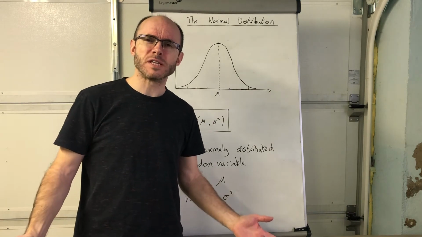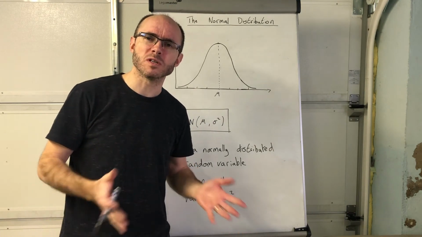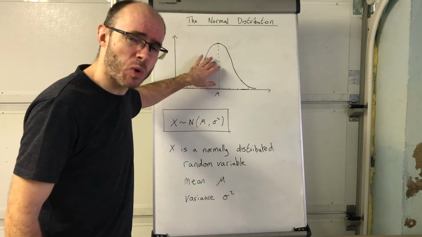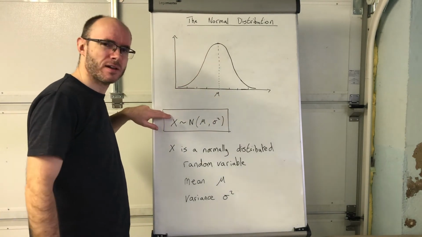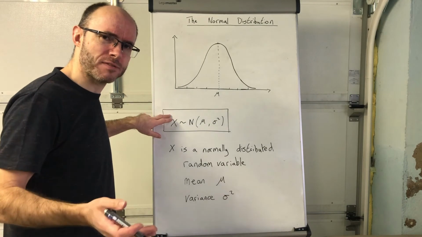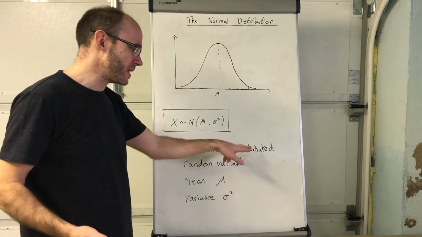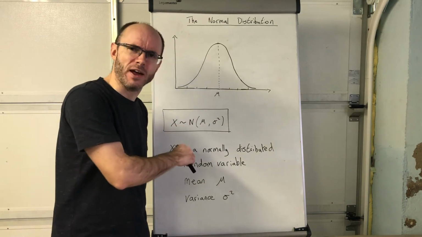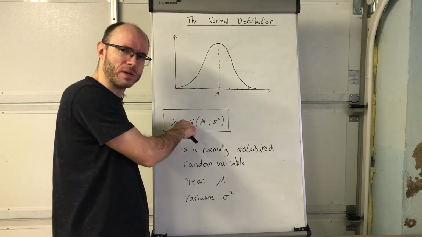Okay, I just want to round off this presentation by giving you some important notation. So in terms of our normal distribution, it is quite often to see this. And what does that actually mean? It's shorthand for saying that x is a normally distributed random variable. So it's x and then a wavy line, normally distributed,